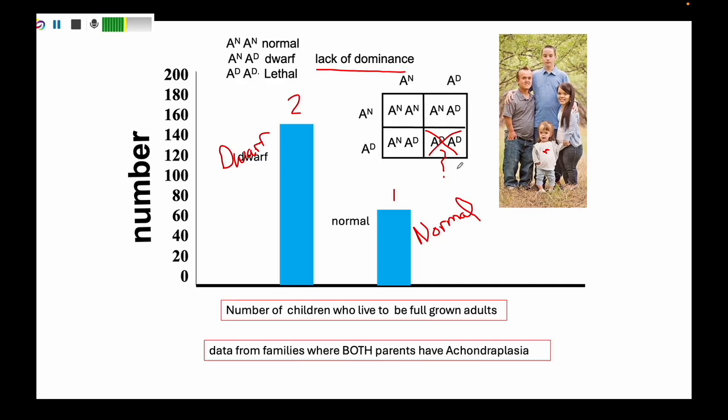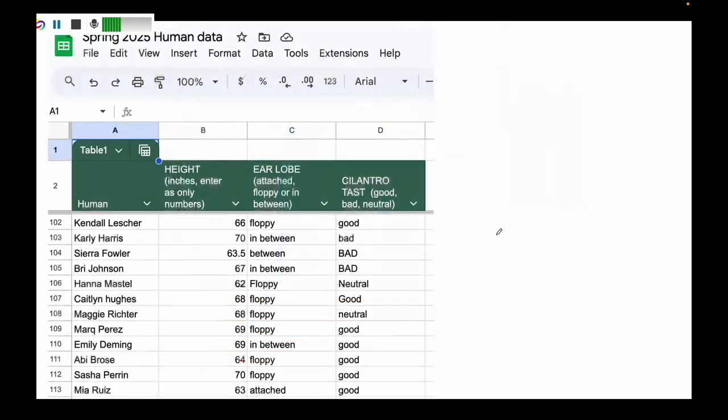Okay, so we can explain this kind of height variable phenotype with a simple single gene pair or single locus example, all right? So this kind of sets us up then for taking a look at the height phenotype